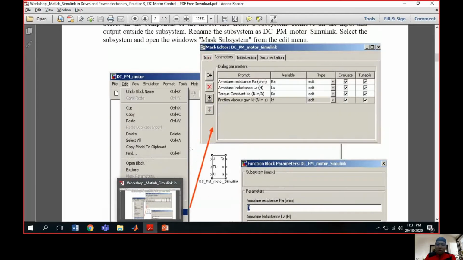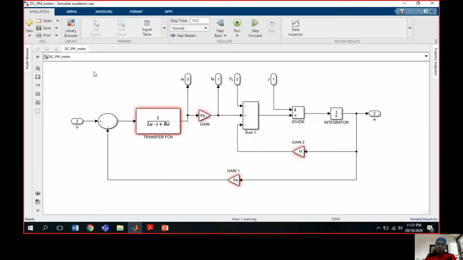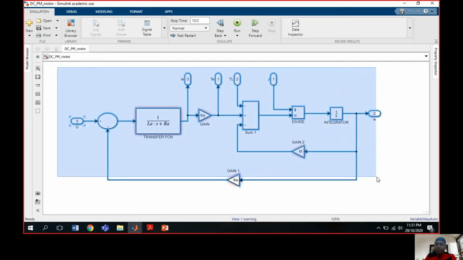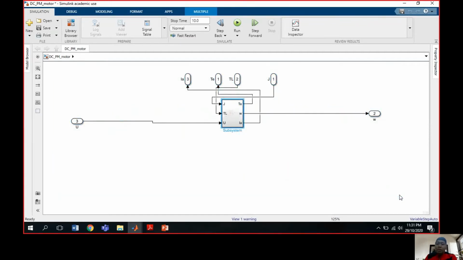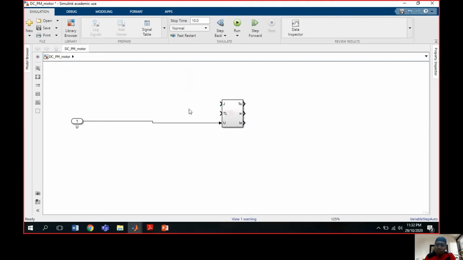Now, how to create the block function, or create the subsystem. The first one is I will select all and do create subsystem. After that, I will remove all the inputs.